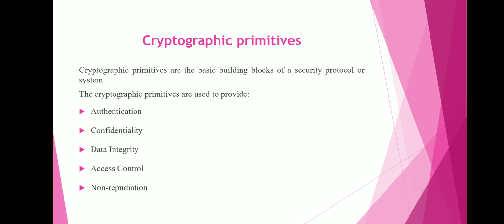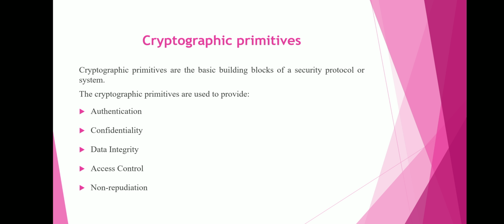So we can say that crypto primitives are cryptographic primitives. So why do we need cryptographic primitives in blockchain technology? First we will discuss what the crypto primitives are, then how we can use the cryptographic primitives in the blockchain. We know that cryptographic primitives are the basic building blocks of any security protocol or system. So if you want to secure your network or a system, we need some cryptographic primitives which provide cryptographic services. With the help of that, we can secure the network.